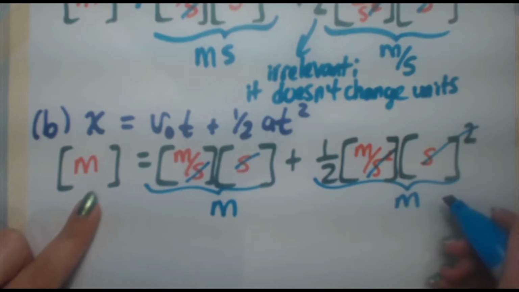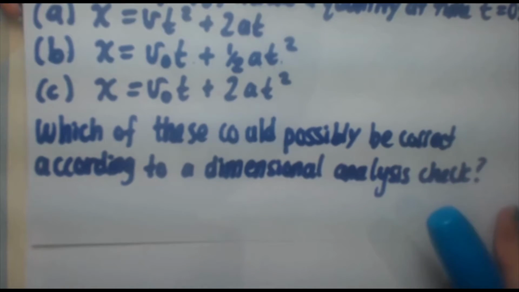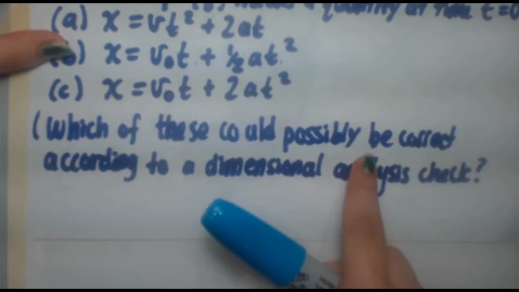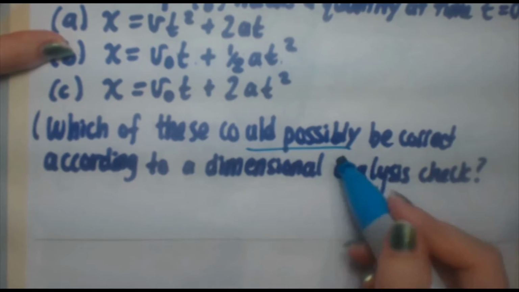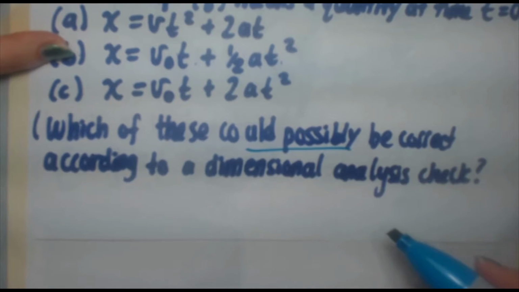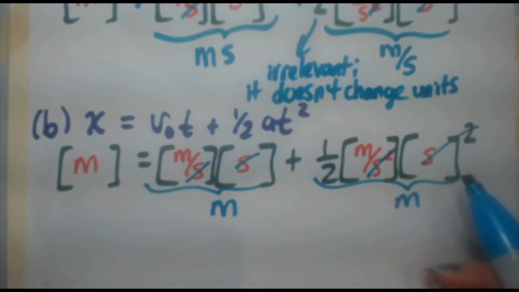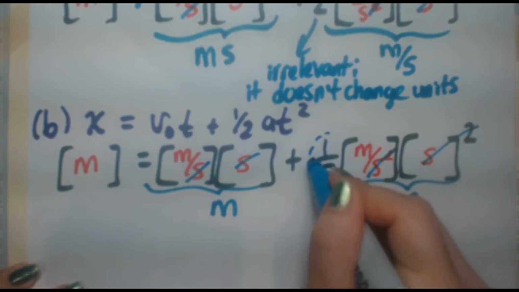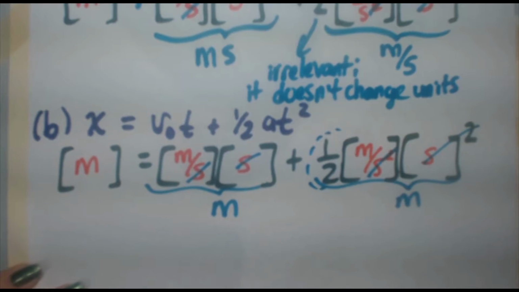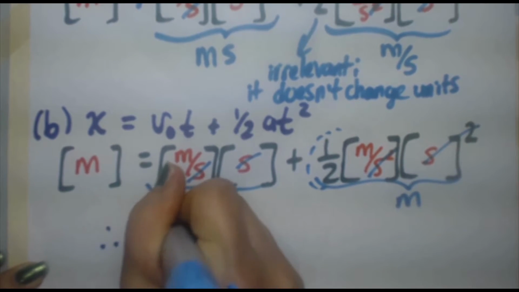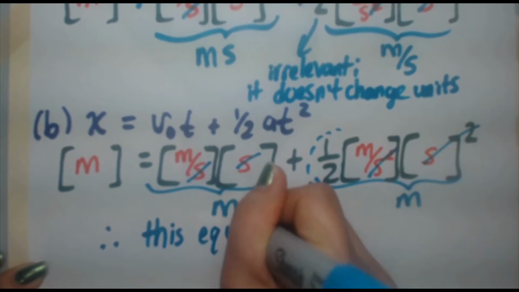Now, you have to be careful, because if you remember in the original question, it says, which of these could possibly be correct? So they didn't add extra words there accidentally. It's there on purpose. The reason it says could possibly is because, like I mentioned before, we don't know exactly what this coefficient might be. So therefore we don't want to say that this equation is correct. We say, therefore, this equation